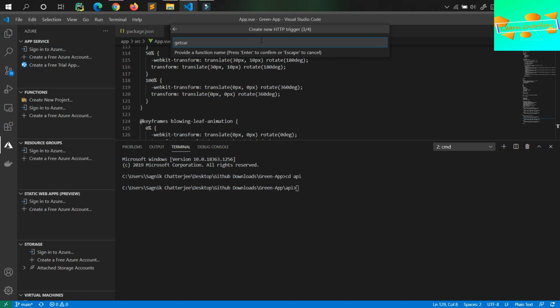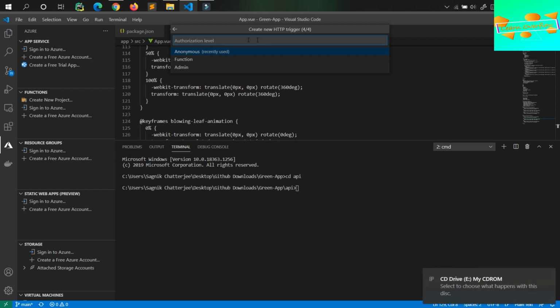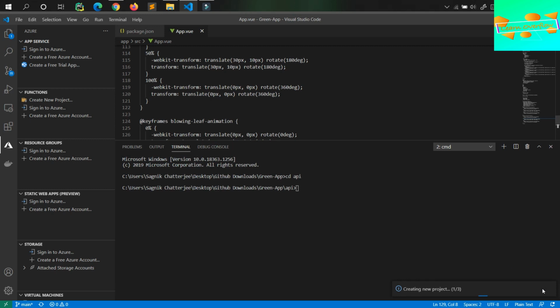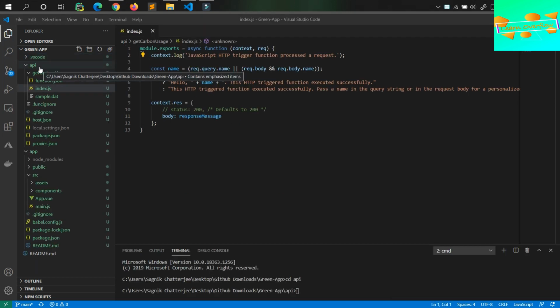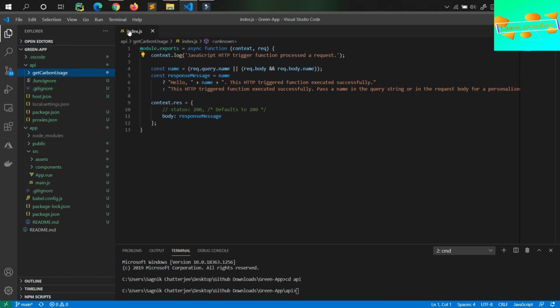and we will name it, say, get carbon users. Get carbon users, and we'll say that the function will be authorized and anonymous, so anyone can call it. So here you'll see creating a new project. So let's move back to this directory. Okay, so finally our function got created, and here within this API folder we got our get carbon users function, and from that function the index.js file opens up. So we'll just override this